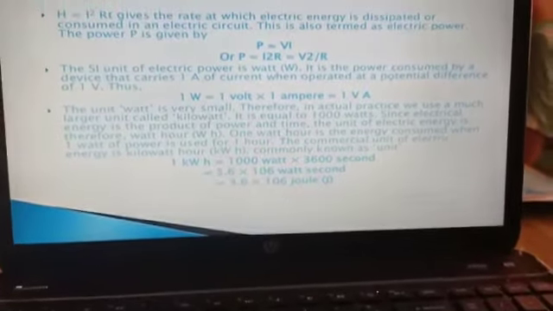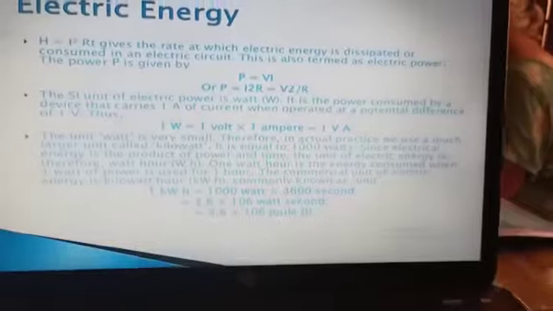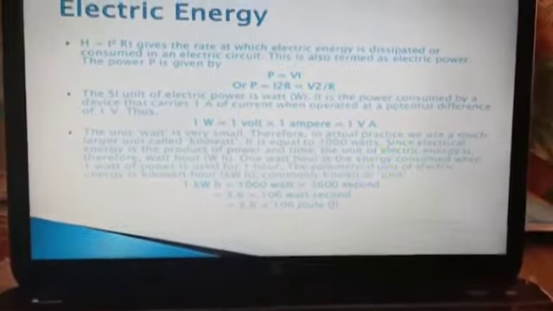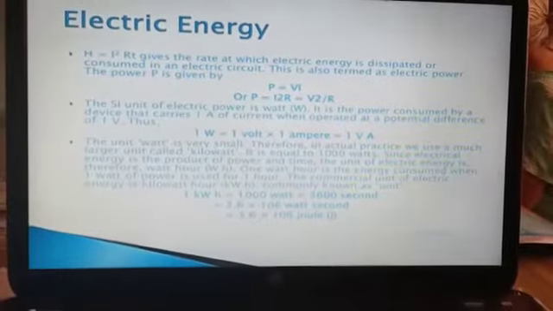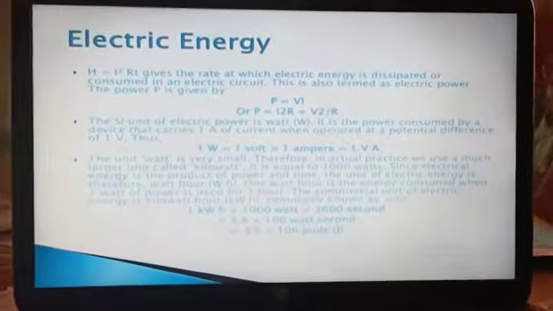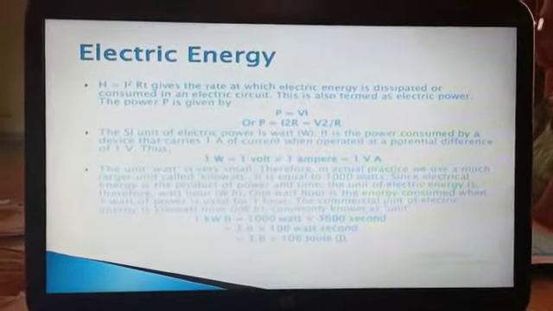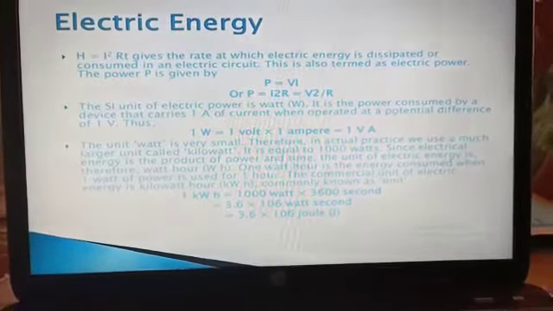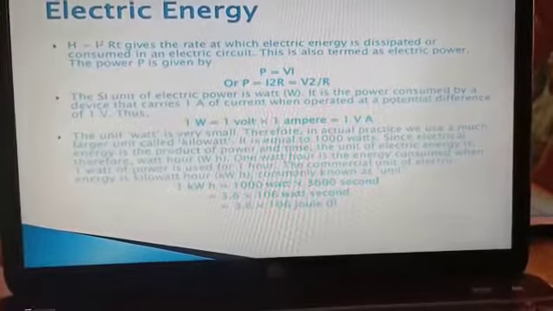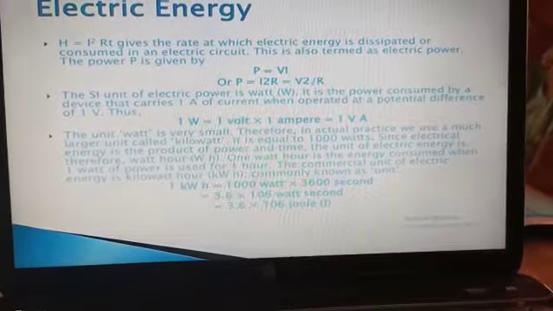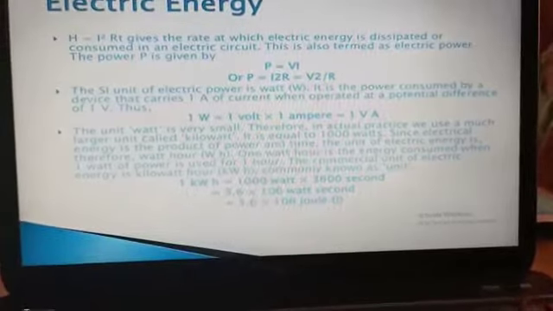If you look into your electric bill, students, you will be able to make out how many units of electricity you have used up in a month. So 1 unit is nothing but 1 kilowatt hour. If you have used 500 units a month, that means you have used 500 kilowatt hours. 1 kilowatt hour is equal to 1000 watts into 3600 seconds, which when you convert it into joules, will be 3.6 into 10 to the power 6 joules.